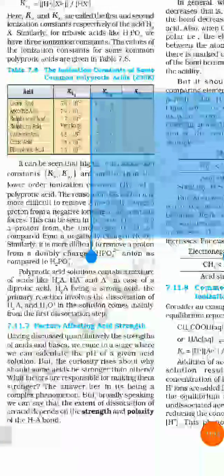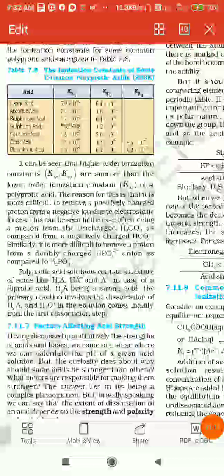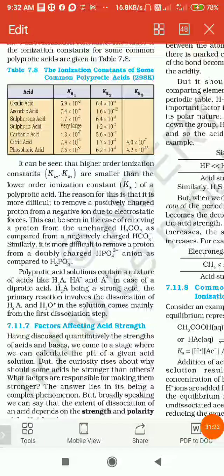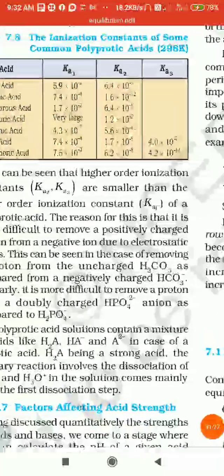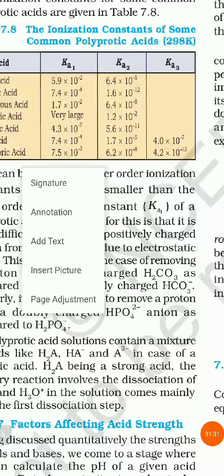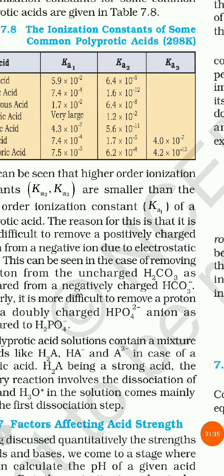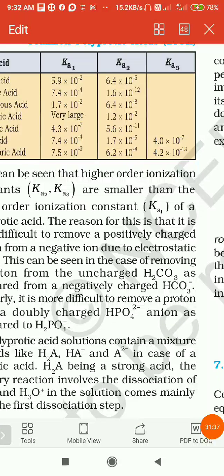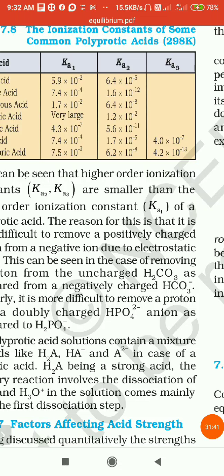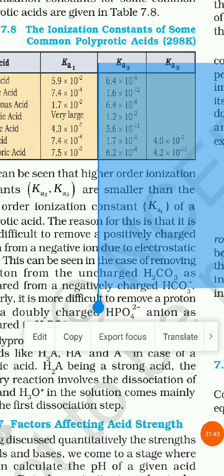Why are the values lower? Because removal of the proton is very difficult. For example, see there. For Ka1 the value is 7.5 into 10 power minus 3. Next, for Ka2, the value is 6.2 into 10 power minus 8. The Ka3 value is 4.2 into 10 power minus 13. That means